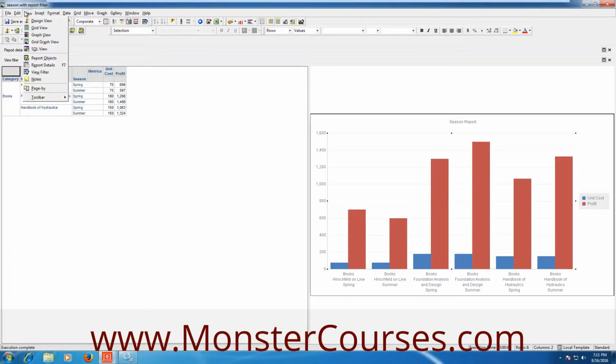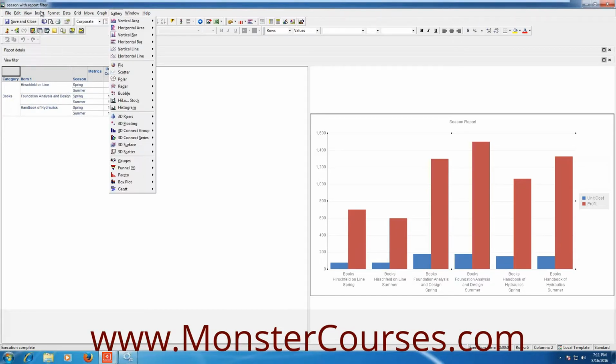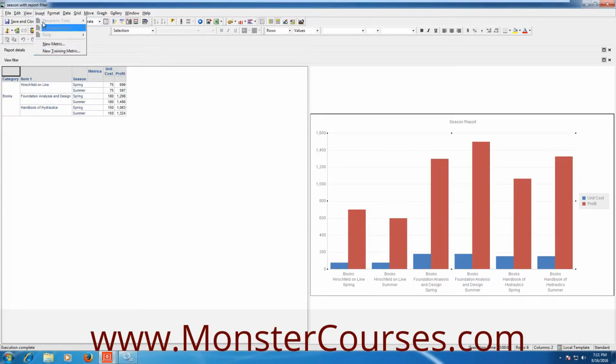Now, you know report objects and all these things, right? Because when you are in design mode, on the left side you see all the objects which are inside the report, which you need to bring into the report, right? That is report detail and report. It is pretty much simple. Now you have already seen the insert option also. You remember derived metric? Click on insert on the top. Yeah, we did that one. Click on format.